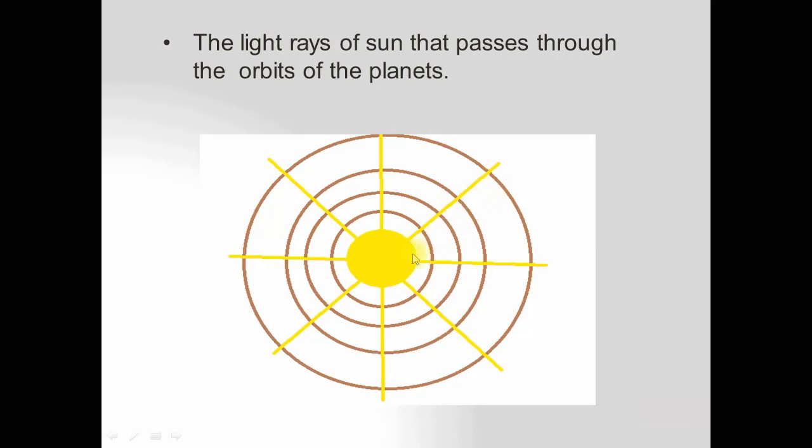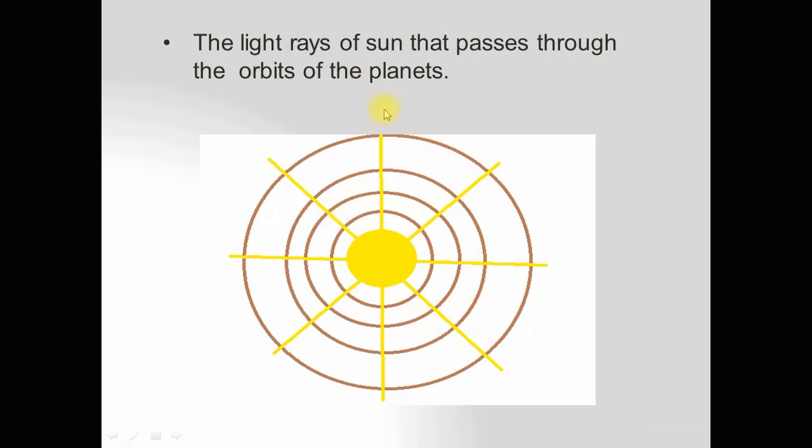So these are the sun rays. These sun rays intersect the orbits of the planets at 90 degrees. Suppose this is a ray of sunlight. So this ray intersects this curve, and this curve, and this curve. So the sunlight rays intersect the orbits of planets at a 90-degree angle. So this is the orthogonal trajectory for this family of curves.